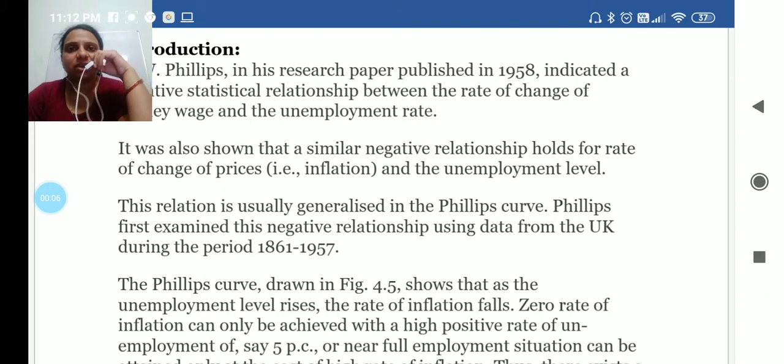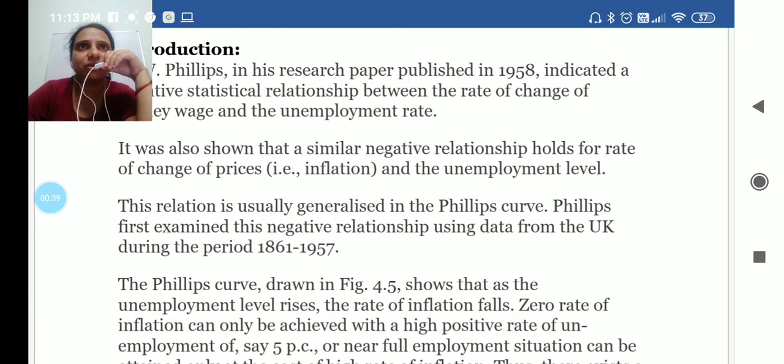Students, today I'll be talking about the concept of the Phillips curve. The Phillips curve basically examines the relationship between the rate of unemployment and the rate of money wages, which are changing respectively. This curve is named after A.W. Phillips, who identified it and expressed an inverse relationship between the rate of unemployment and the increase in money wages. This was an experiment done by Phillips, who was